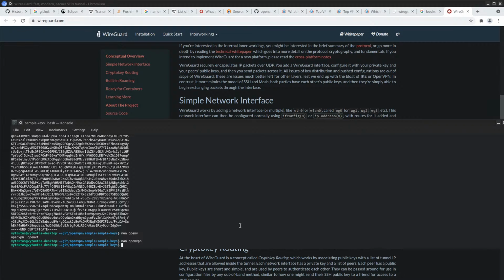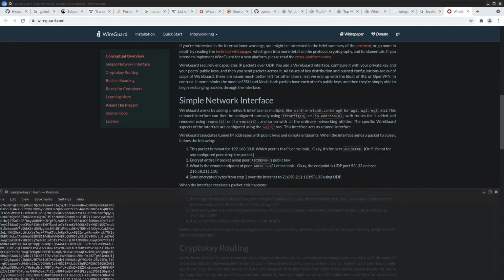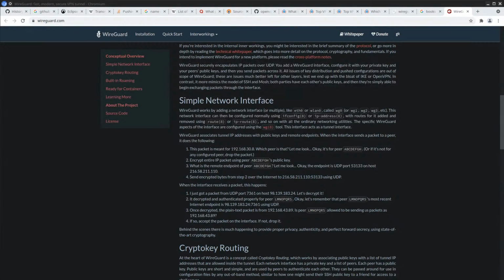Oh, I guess I can't really do that. Let's see if I... don't remember which I actually use. Tables. Don't remember.